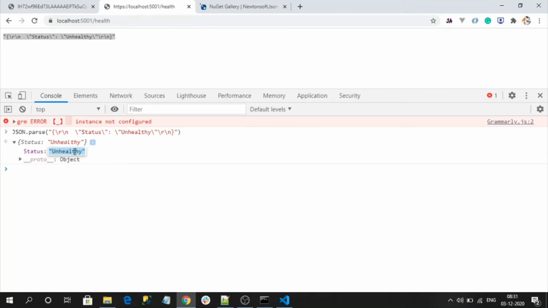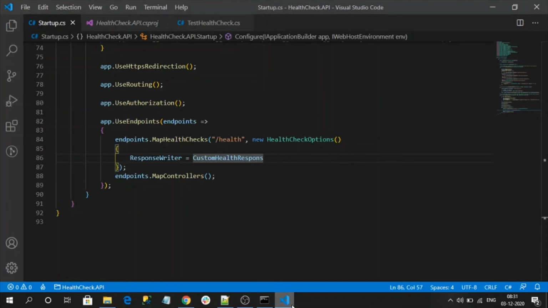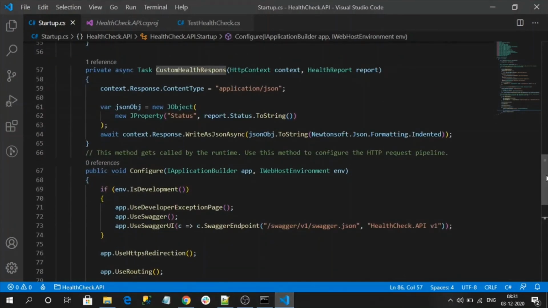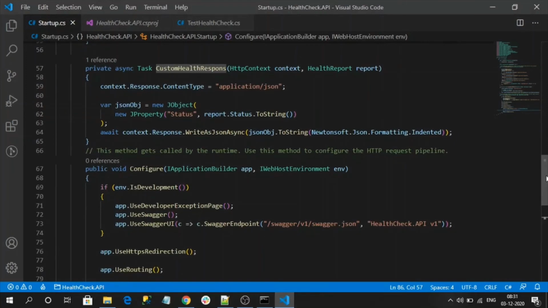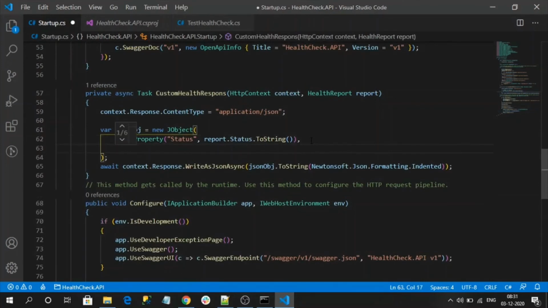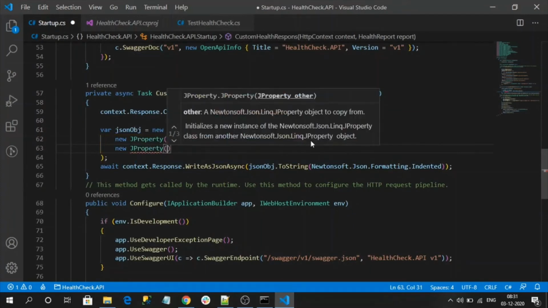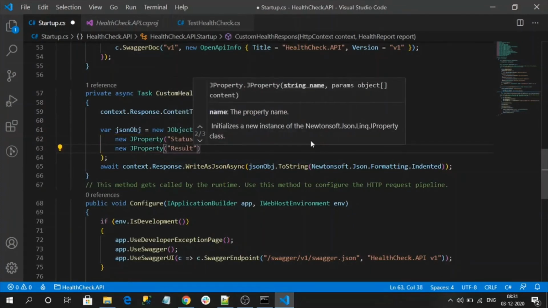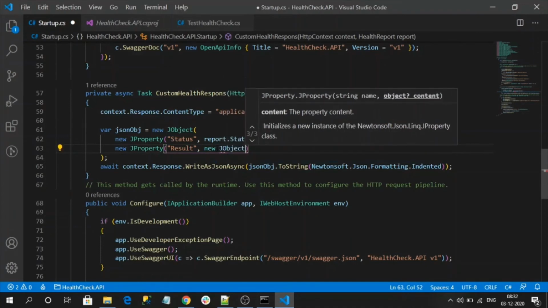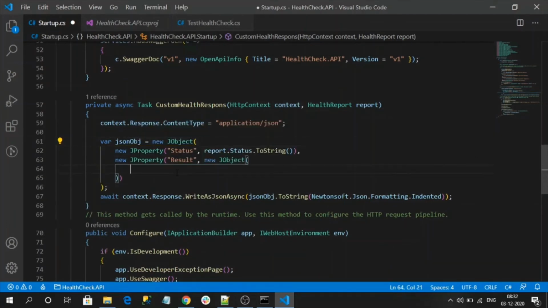Now the next step is to get the report of each and every health check in my application. For that, let me add one more property, a new JProperty, and name it as results. And this JProperty will contain one more Newtonsoft JSON object, a JObject.